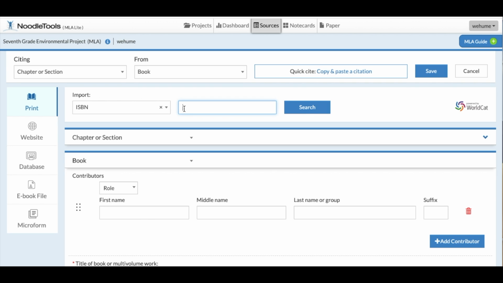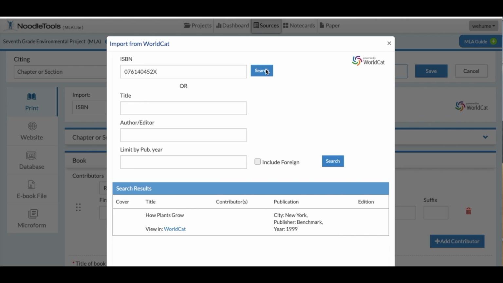What you do once you have found the ISBN number in the book is go to the ISBN number section on NoodleTools and type that 10 or 13-digit number in the blank. So the number that we had on the ISBN, the cover page of the book, we put our cursor there, and